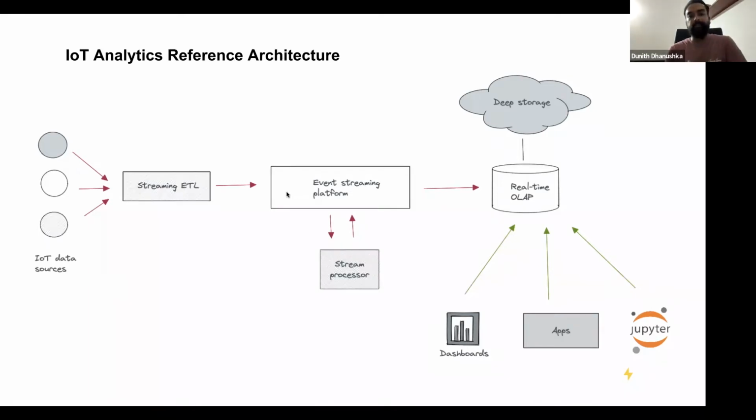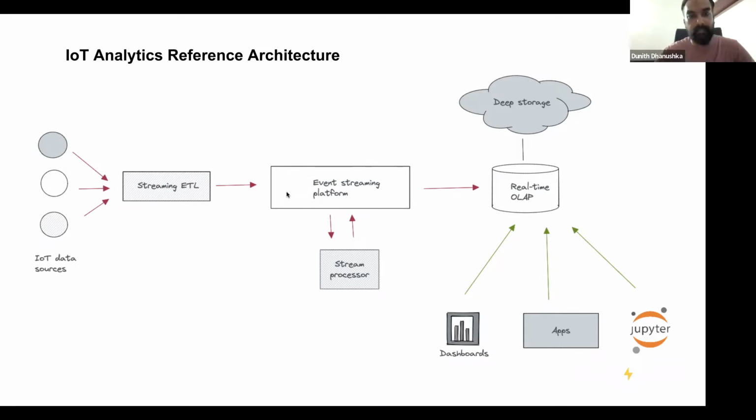This event streaming platform in the middle provides scalable, durable, and fault-tolerant storage for incoming events, because data arrives in high velocity and high volumes. So this data must be held or stored somewhere before it is analyzed by another, downstream system.